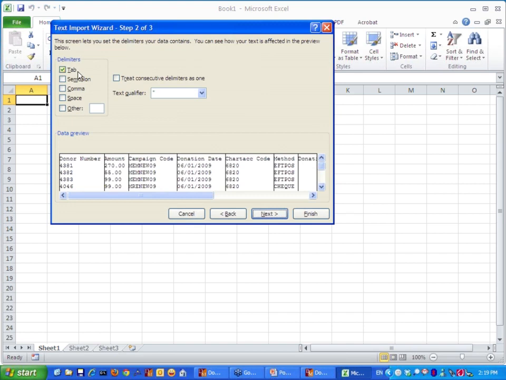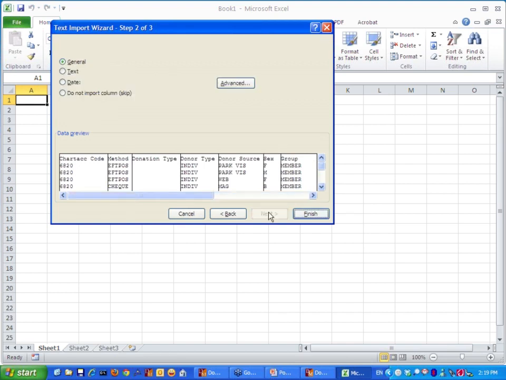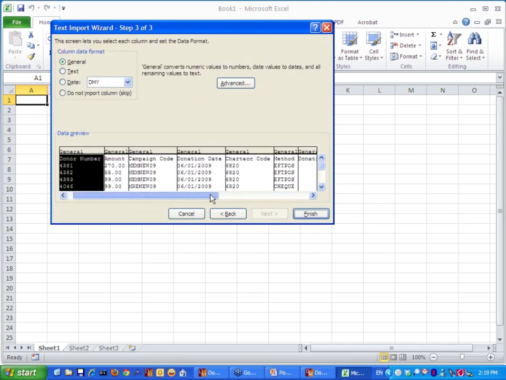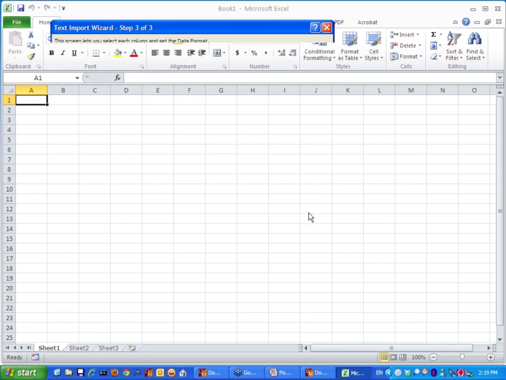So you can see already down here that it's worked out how to split up that data. I can go next here. Now, this is where, on occasion, depending on the sort of data that you're exporting, you may need to highlight a field and tell it to bring it in as text rather than general. But for the information that I've got here, there's nothing I need to do that with, so I go finish,